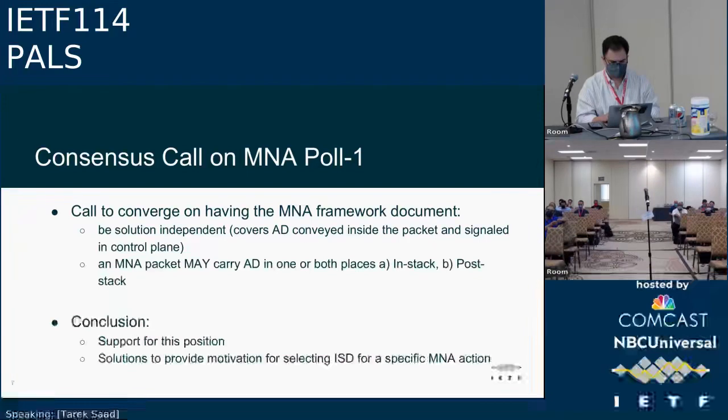So we want to make sure that the framework can convey the ancillary data inside the packet in multiple places, as well as be signaled in the control plane. An M&A packet may carry the ancillary data in one or both places, including inside the MPLS stack or after the MPLS stack. The conclusion on this, Paul, was to support this position.